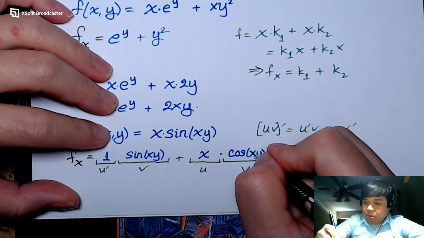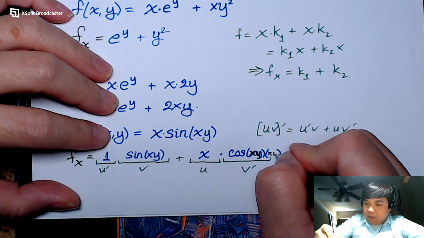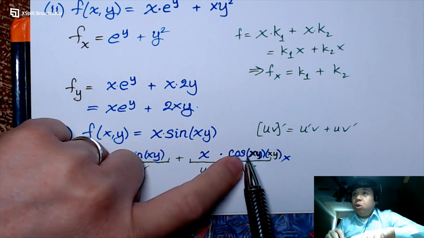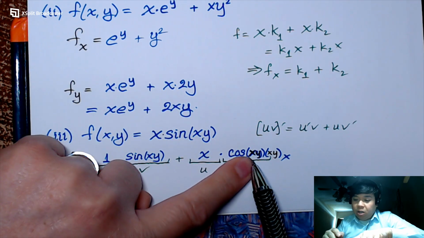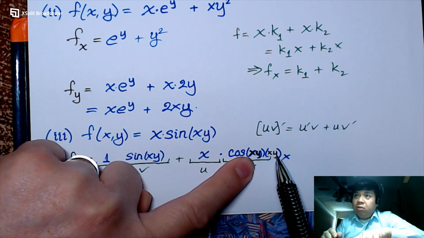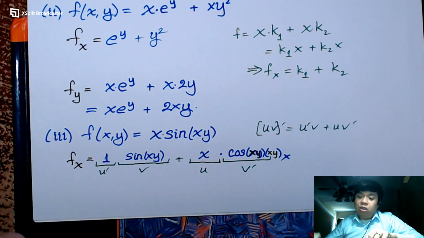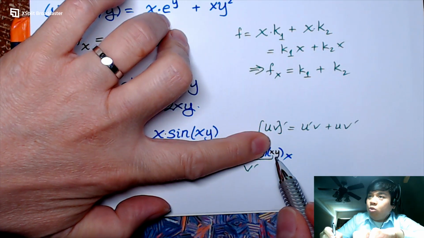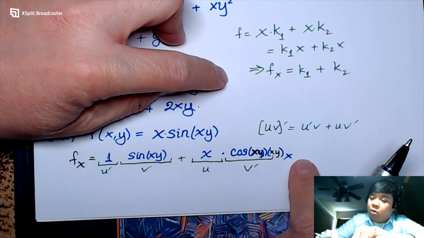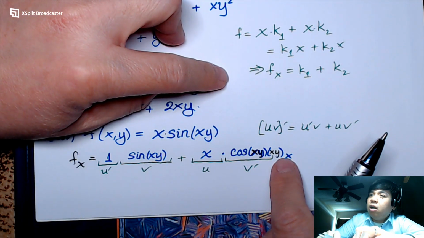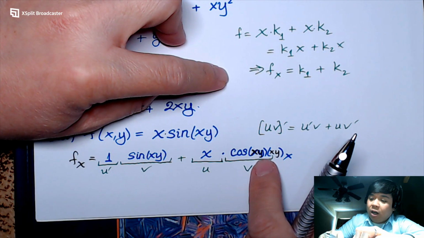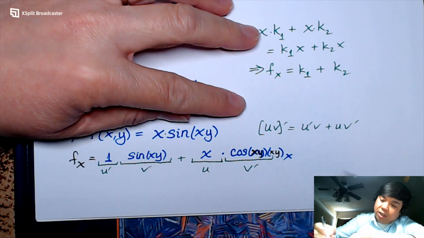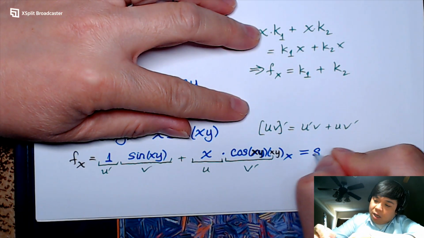This is the chain rule, right? So derivative of sine is cosine. So derivative of sine of something is cosine of something. But then we have to have the derivative of that something. This is the chain rule. So with derivative of xy with respect to x, treat y as the constant. So derivative of xy with respect to x will be just 1. Derivative of x is 1 times the constant y. So it will be y. So this will be sine of xy